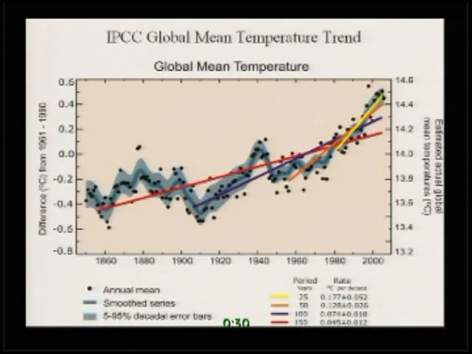These black dots are the original data. Then this is the annual mean, then a smoothed series, and the error bar around the time series. So you smooth by running mean, then you compute the standard deviation, and once you finish that, then what do you do? You draw lines. You draw one line. This line is 150 years